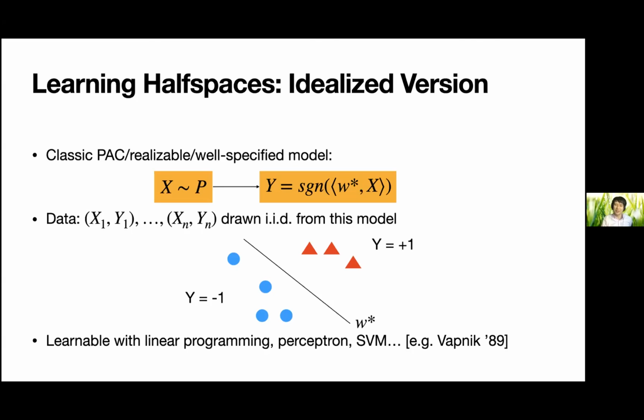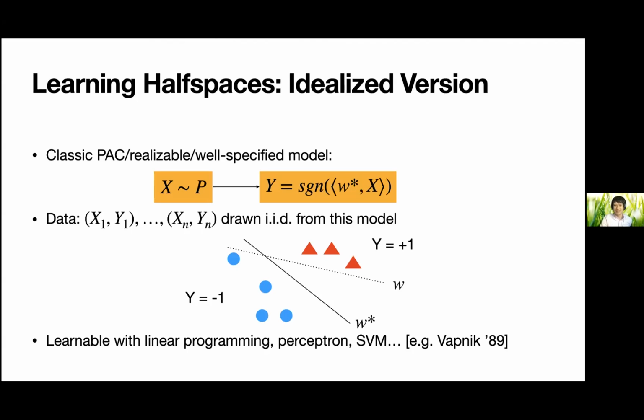And there's a variety of algorithms that work to learn this kind of half space. So exactly which algorithm you want to use could depend on exactly what assumptions you want to make. But in general, all you need to do is get all these points and find a half space such that all of the blue circles are on one side and all the red triangles are on the other side, and that works. And it also can be done efficiently with linear programming. And so that's maybe the simplest and most classical model of half space learning.